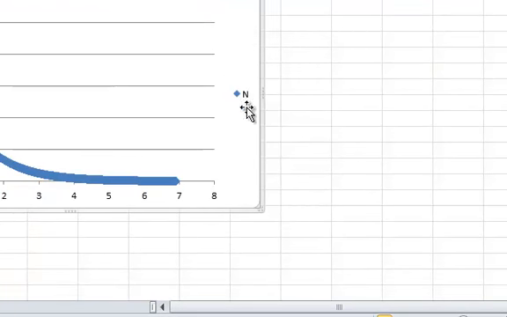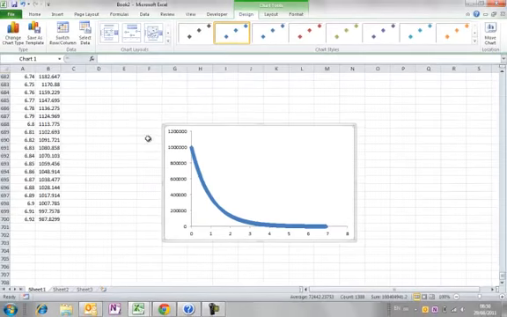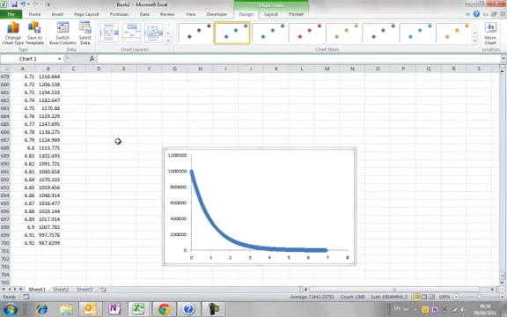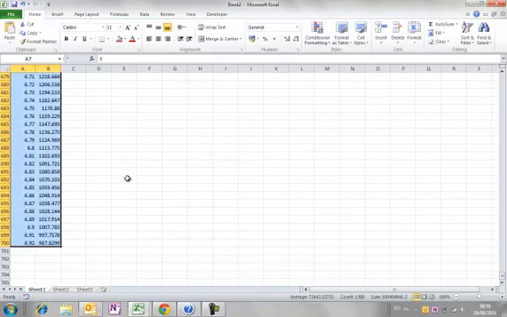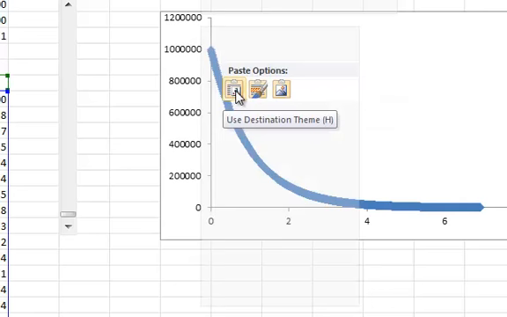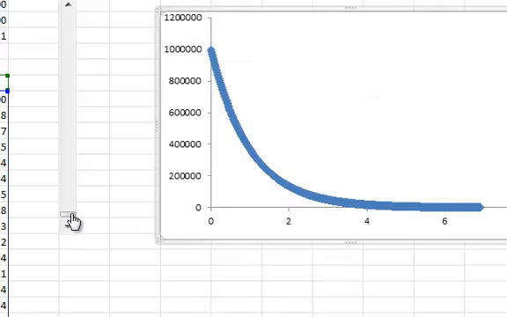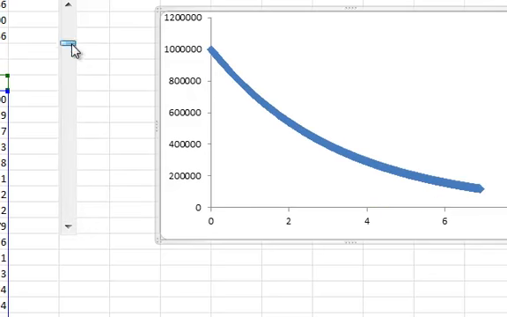Let's now just play around with our graph options to make it pretty. Add a title. This is good practice. But the important thing that I want to do now is take that graph and put it at the top of the page. And the nice thing that I can do now is I can change the value of the decay constant and see how that affects